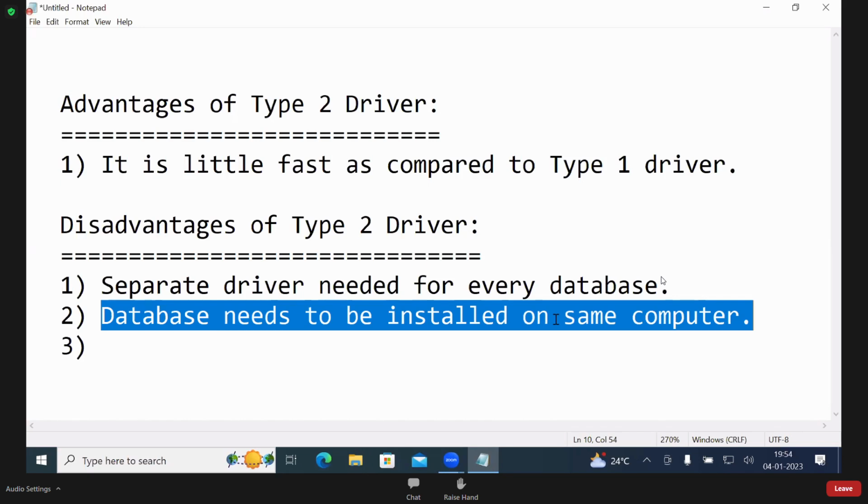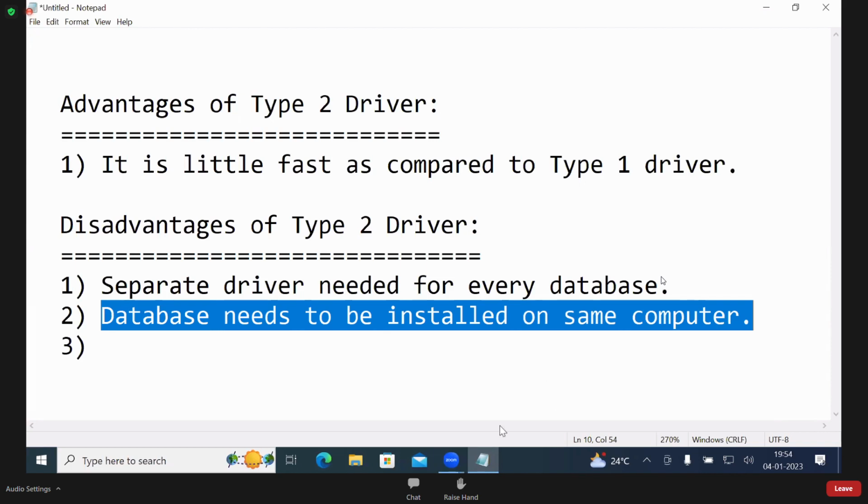This is also a main disadvantage. That is the reason what they did: type 2 driver implementation stopped. Some databases are not having a type 2 driver. Now suppose MS Access database is there. You want to connect a Java application to MS Access with a type 2 driver. You cannot connect. With this reason only, some companies stopped implementing type 2 drivers.